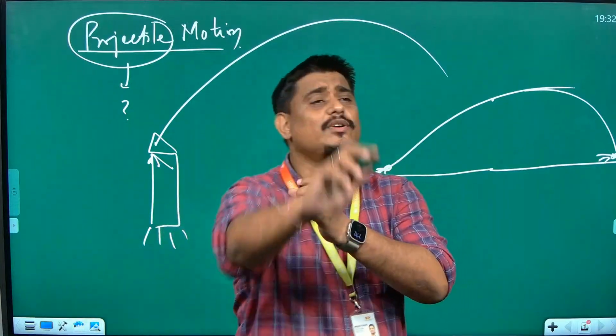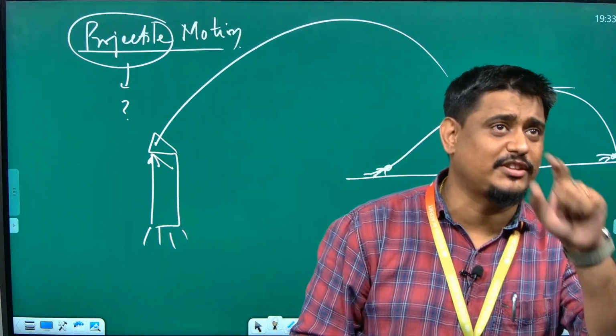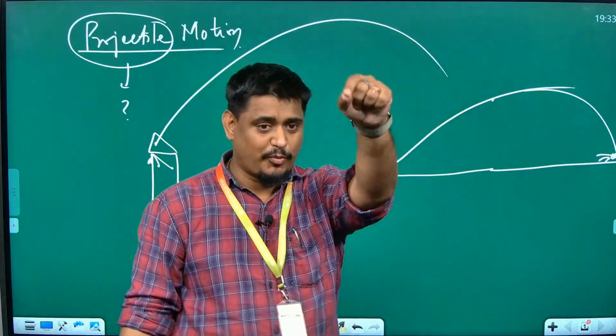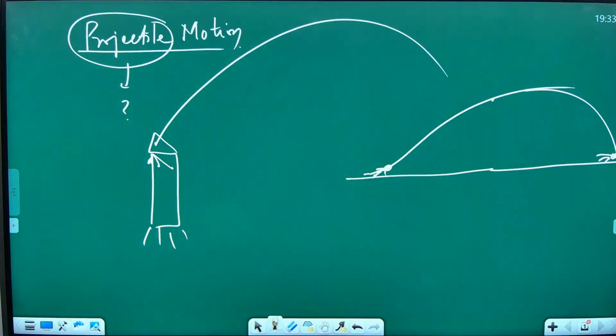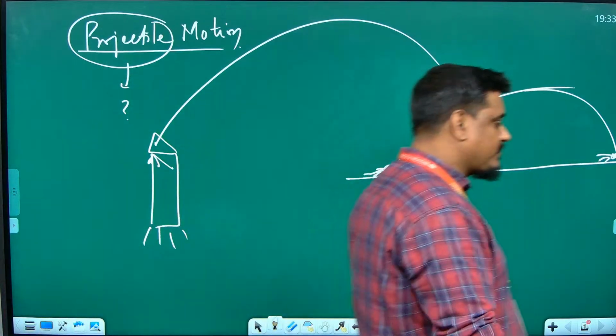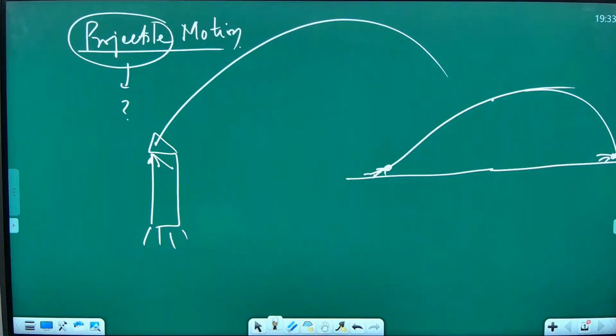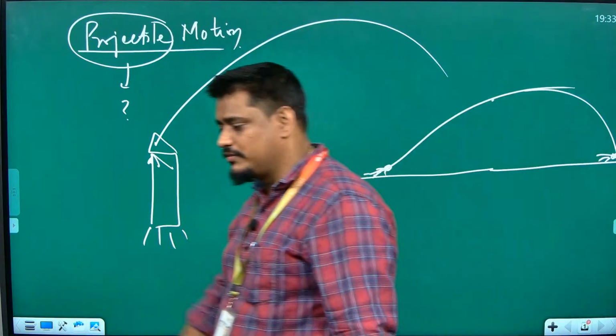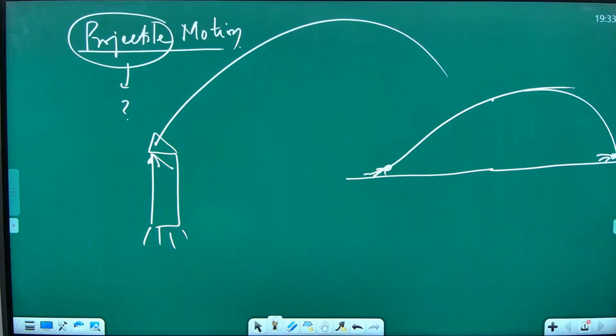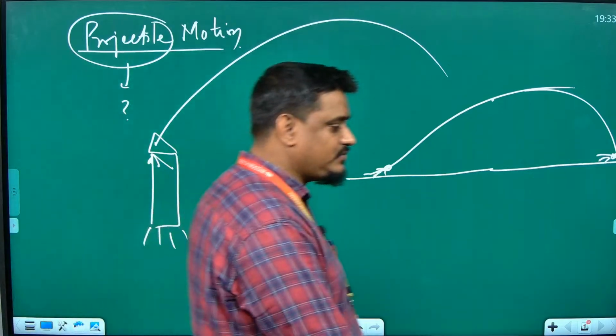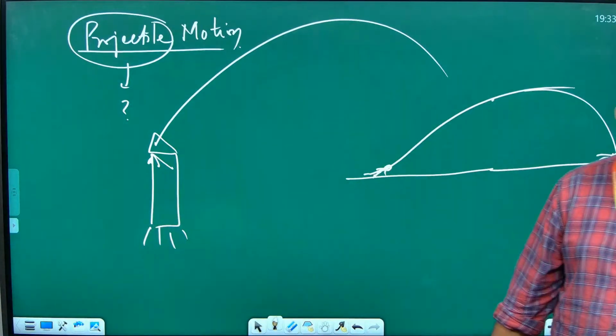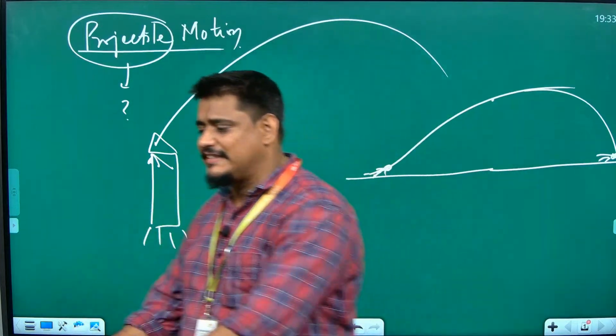Okay, everybody who is sitting for the first time in this class of projectile motion, write the definition of projectile motion first. Projectile is an object which is thrown. In bracket you can write projected. Projected with a velocity,